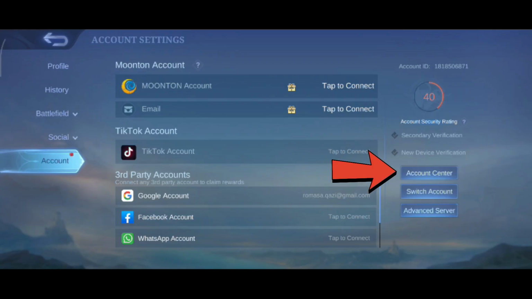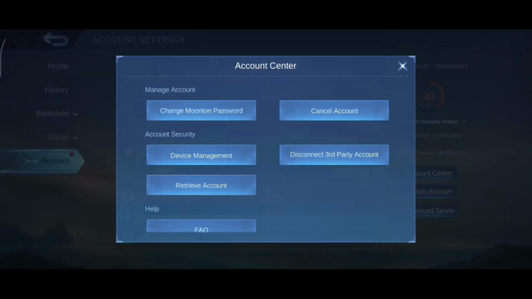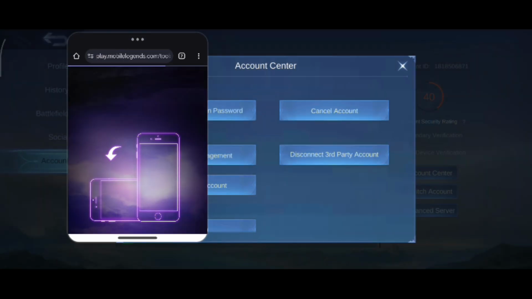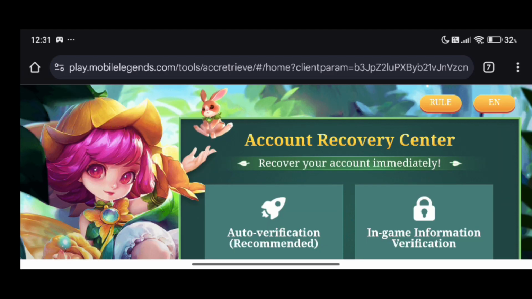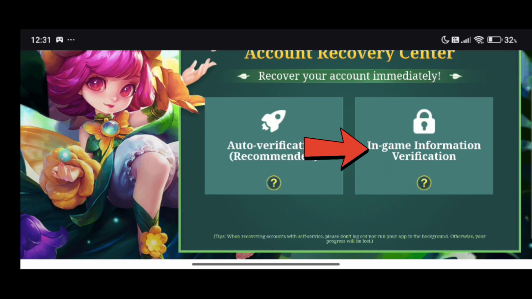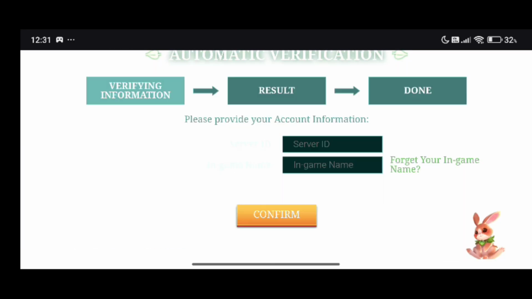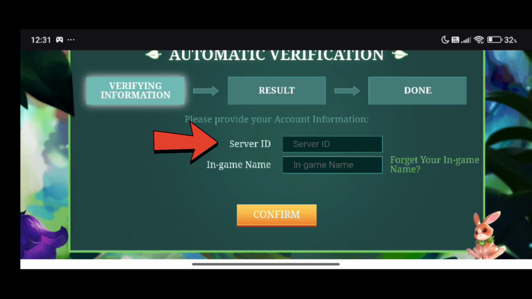From there, select Account Center on the right side and tap on Retrieve Account, which will open a browser window for further verification. Next, tap on the In-Game Information Verification feature and start by entering your server ID and in-game